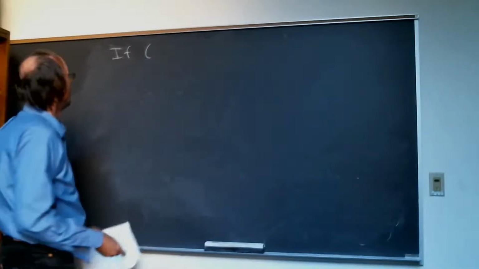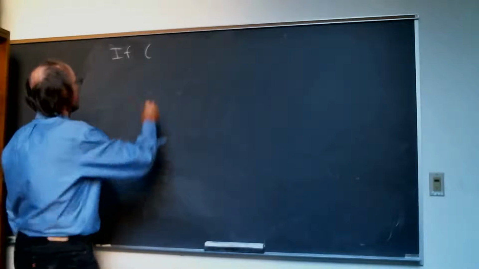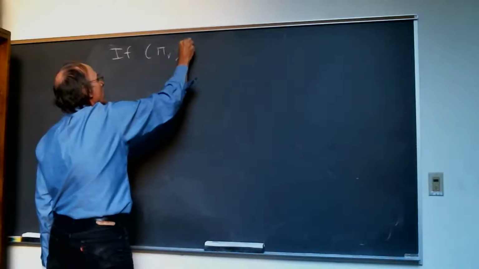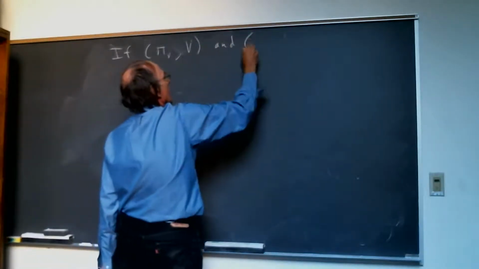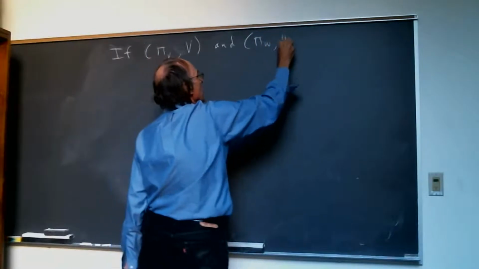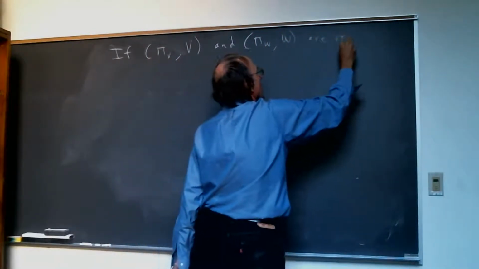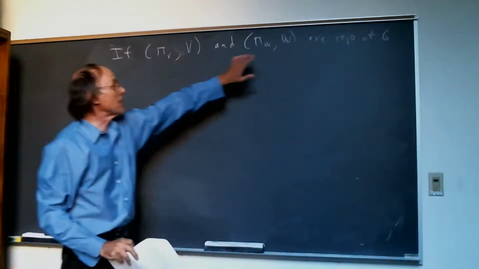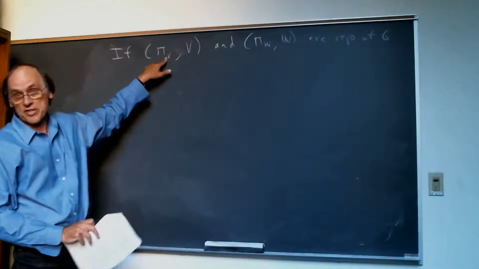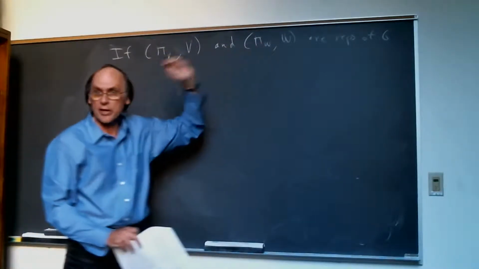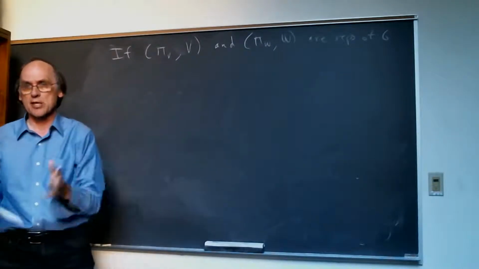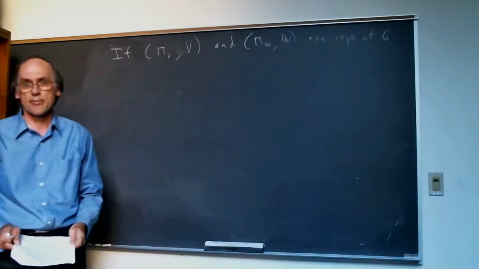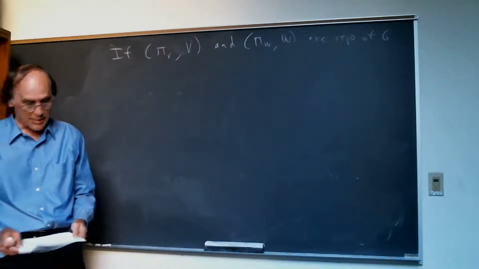Okay, so if pi V and pi W are representations of G, in other words, I've got two vector spaces on which G is represented, and these homomorphisms are given by two different things called pi V and pi W. So these are just whatever representations we know about on two vector spaces. Imagine taking two different ones, or the same one, and then you get